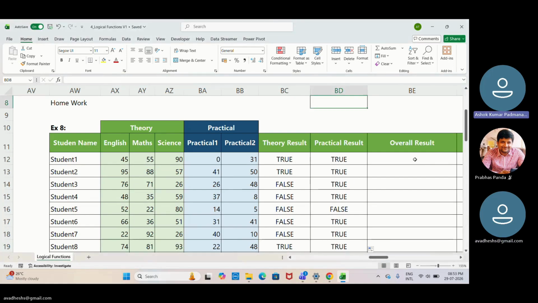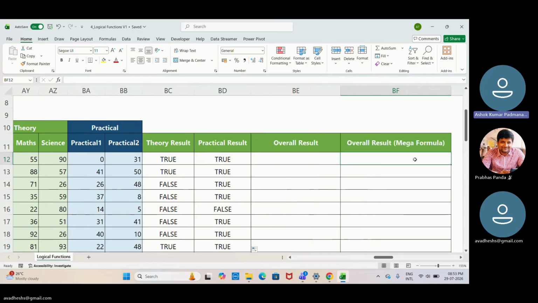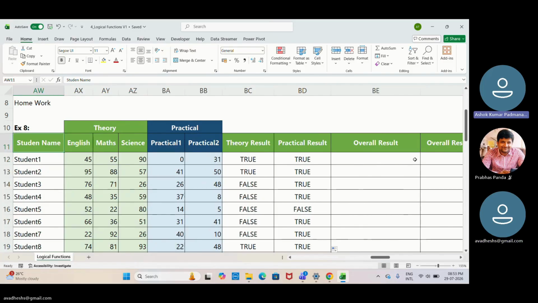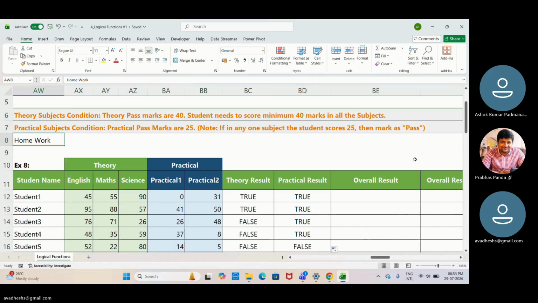Now, do you understand how OR is working and how AND is working? Now, can you print the overall result? Now, think like this. If the students